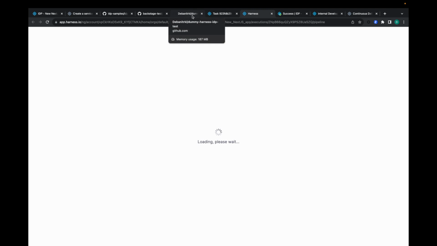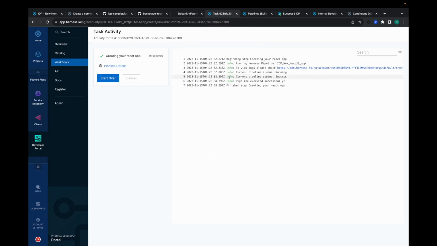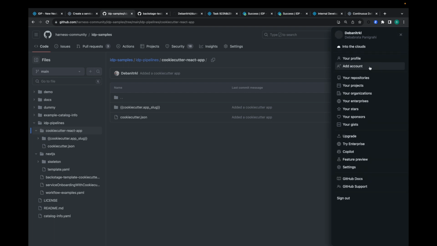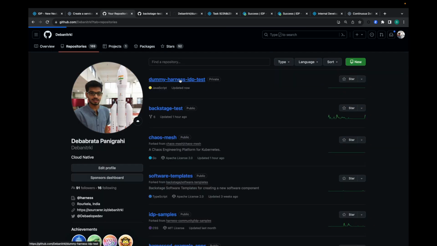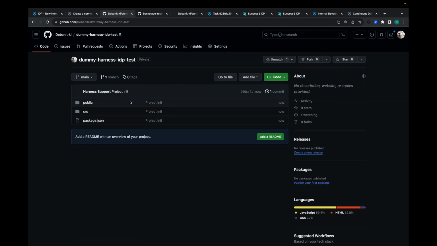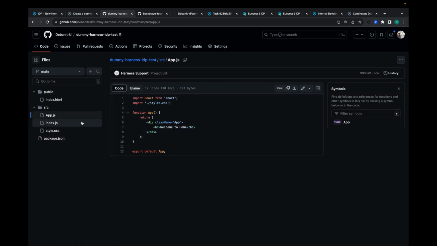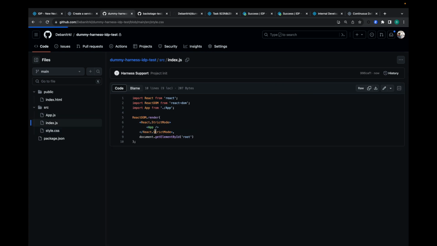And if I go here to the final step, creating React app, and now if I go to my repositories, yeah, you see dummy Harness IDP test is there, and the Harness support project in it, and see this is my React app, my source, app.js, index.js, and all this basically has come from,